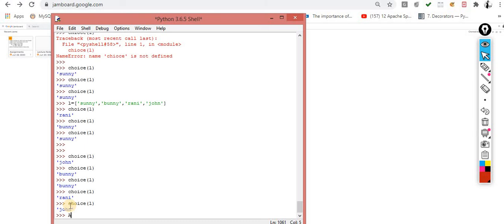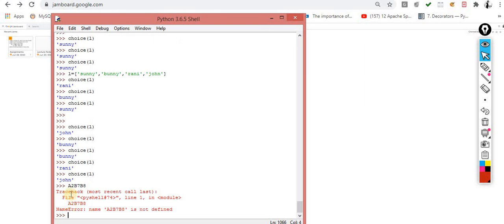Okay, the second should be an integer, the third should be a character, the next should be an integer. Again it should be a random character, anything can be there, and again there should be an integer. So the first is a character, the next is an integer, again a character, again an integer, again a character, again an integer. This can be generated randomly. That is your assignment: you have to generate the random OTPs.